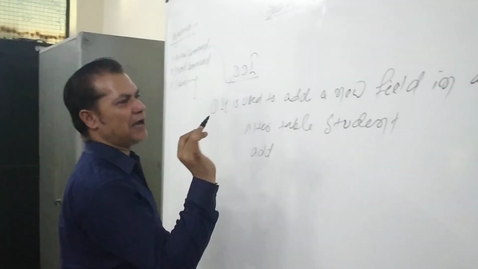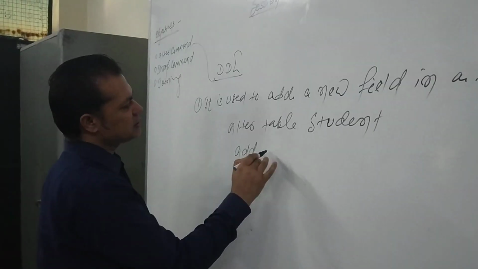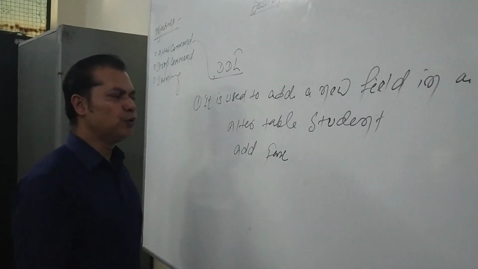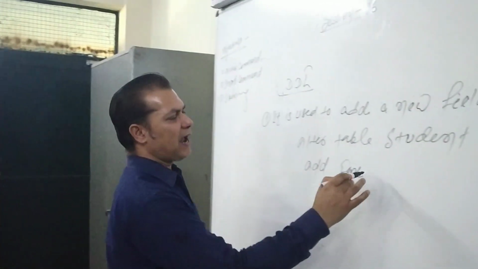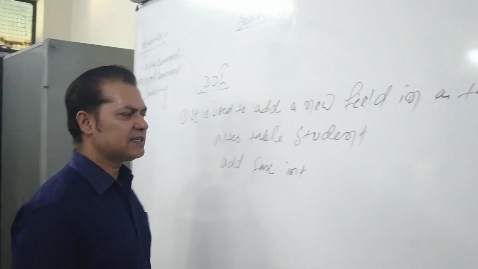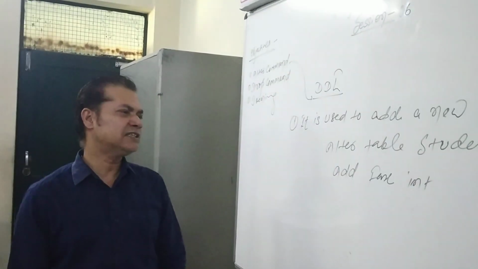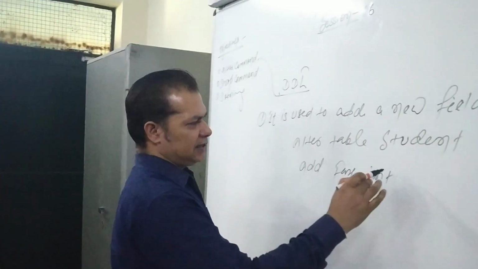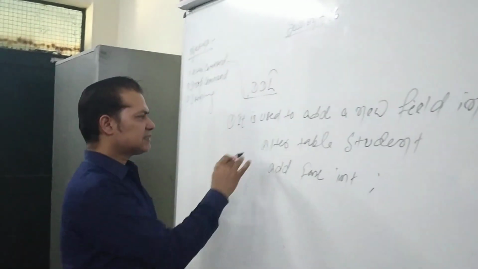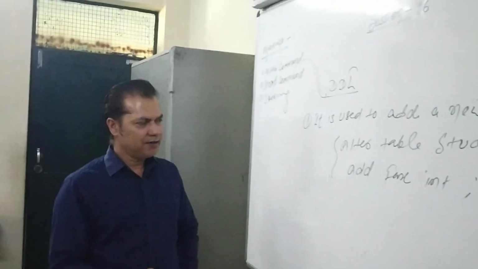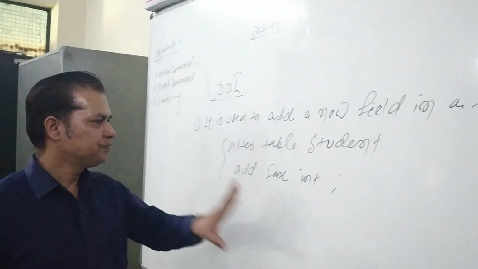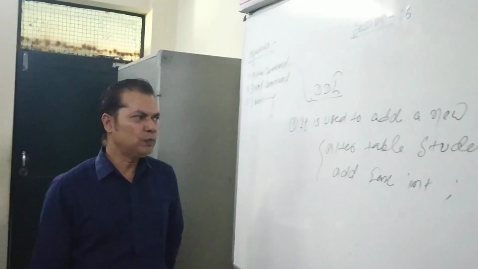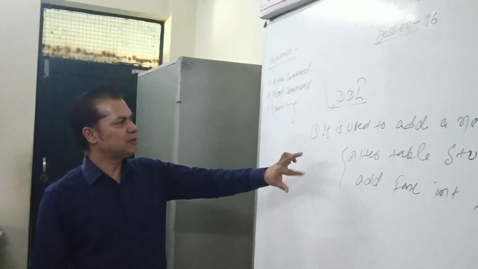Since we are going to add a new field, then the field name. Suppose a facts field you want to insert as a new field in your table student, and facts is of course integer kind because it's a facts number, or you may keep it as varchar also. And that's all, semicolon. This command will add a new field called facts in your table student with the integer data type. I hope it's okay. So the first flavor of alter you have seen, it is used to add a new field in a table.